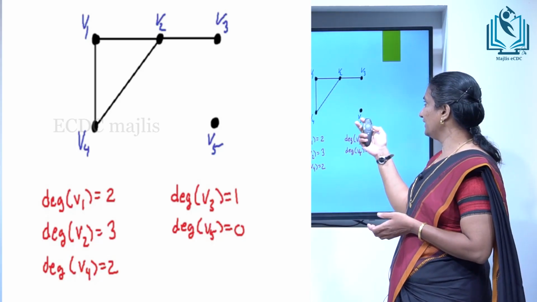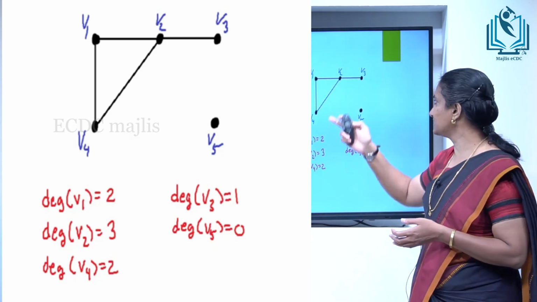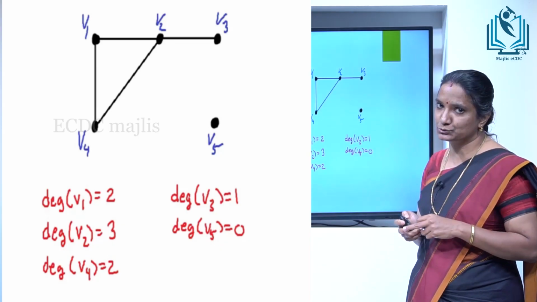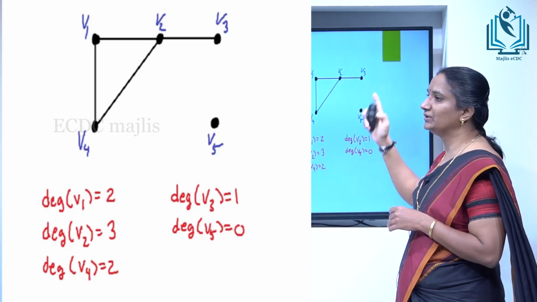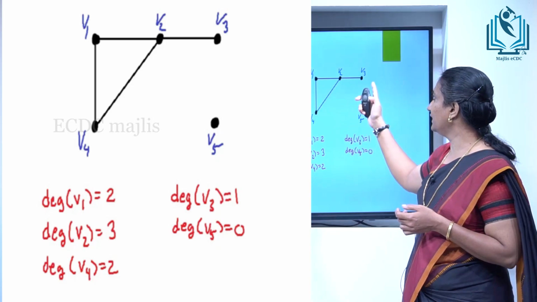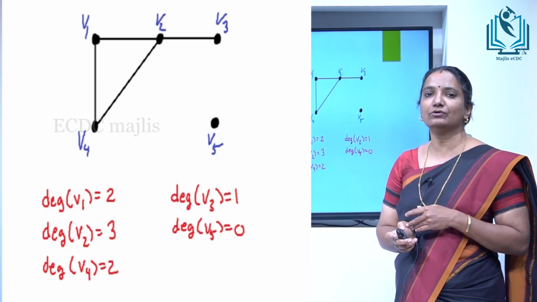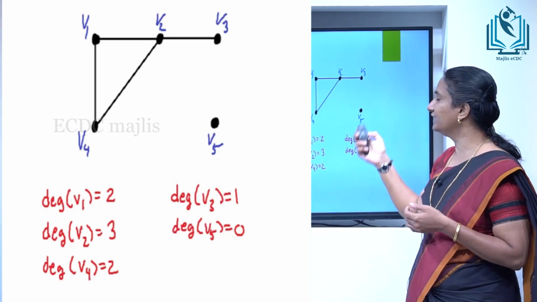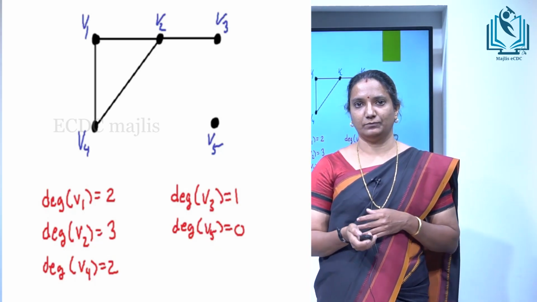Then next we can also see the degree of vertex V1, where in vertex V1 the two edges are incident on it, so the number of edges is 2, so the degree of vertex is 2. Then next, the degree of vertex V2. If we take the degree of vertex V2, there the number of edges incident on V2 is 3 edges, so the degree of vertex is 3. Likewise, we can count the degree of each vertex. That's all about the degree of vertex.